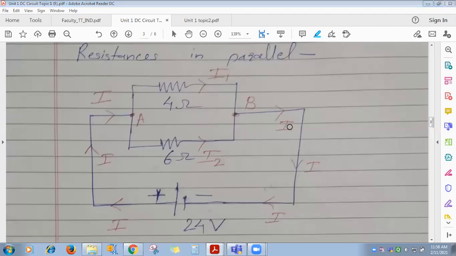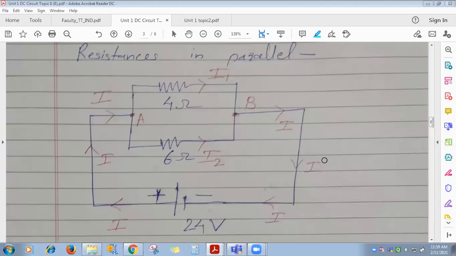Someone's message in the chat box. Someone asked why we can't apply this for 3 series connected resistances. Just now I told you, if 3 are there, you can apply. What you do first is add any two, then only two will be there. Then across it find out, and whatever total of the two you got, then again go back like this. Okay, Karan asked this question.